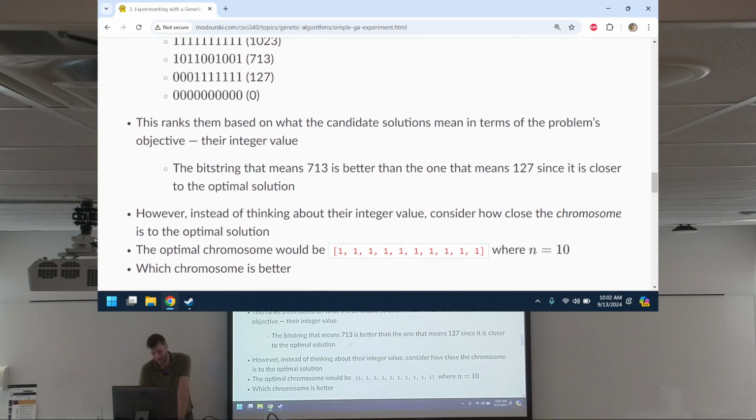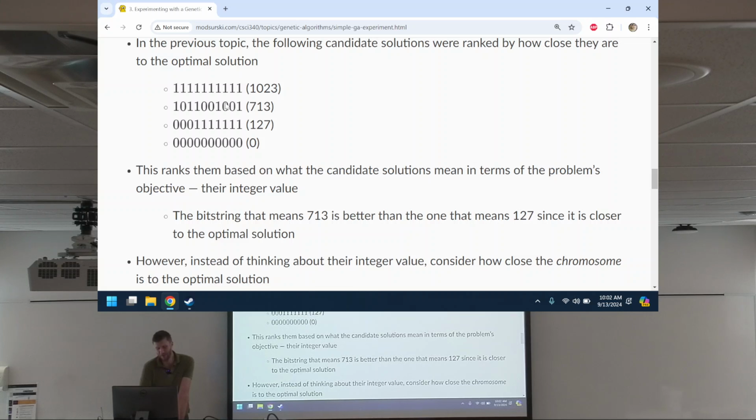So if at the end of the day, you gave me this bit string because it had the best fitness, if I'm measuring fitness based on the number of ones, this one's better than this one. But this one's better in terms of what I actually wanted.